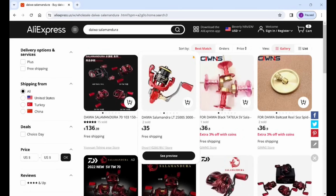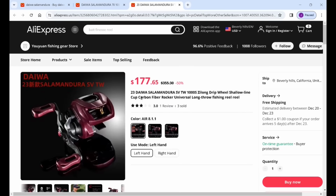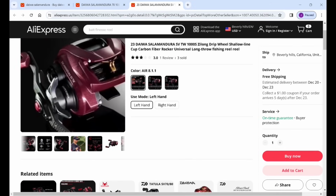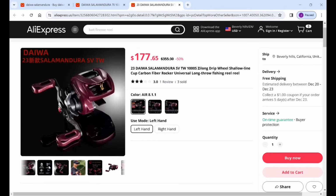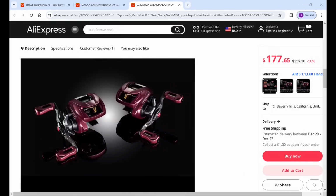No, it's not on this page. Here we go. The new 23 Daiwa Salamandura SVTW 1000S. And I think these pictures are ripped off from Daiwa China's website, so they're not very high res. But let's scroll down, see if we can get some better pictures. Alright, here's a good one. So, in case you can't tell, this is, I guess, a Zillion 1000 body painted red, slap on a nice crisply bent carbon fiber handle, put on the old school Daiwa air knobs,